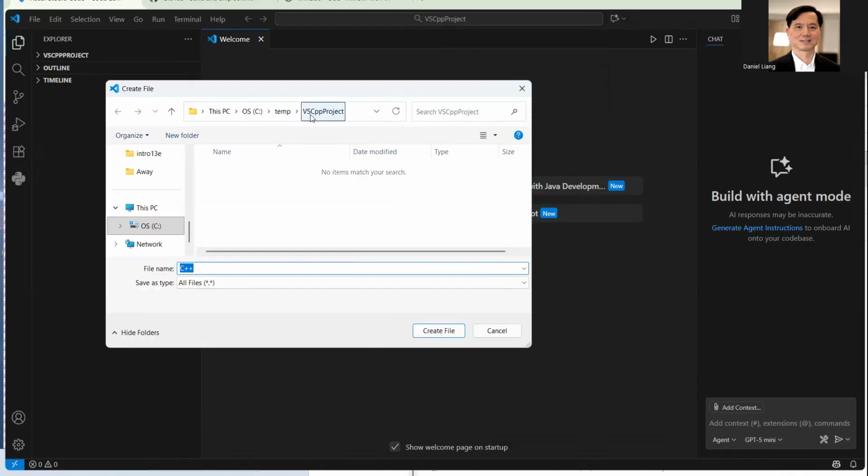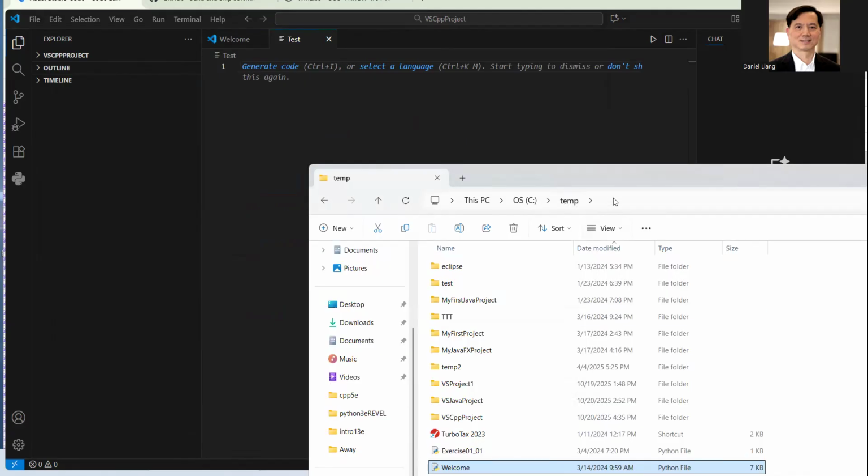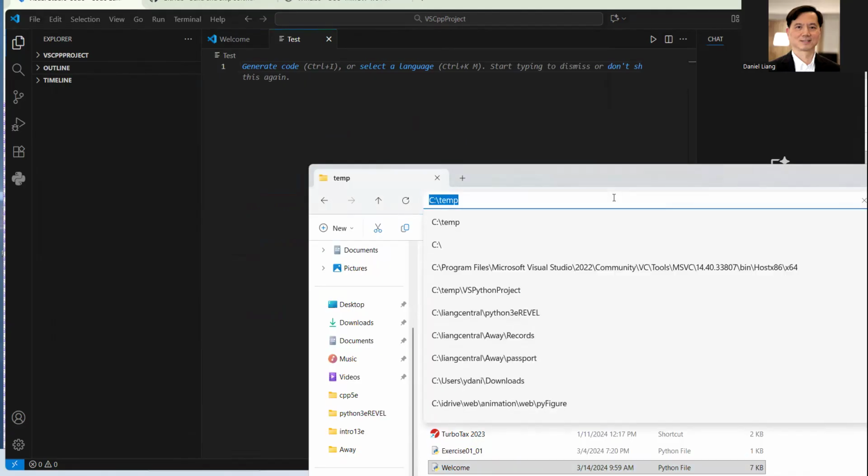Under this VS CPP project, I'm going to call this my test. So test, and create a file. All right, there's no code. Let's just copy and paste some code. That's going to be easy for me here, is go to my